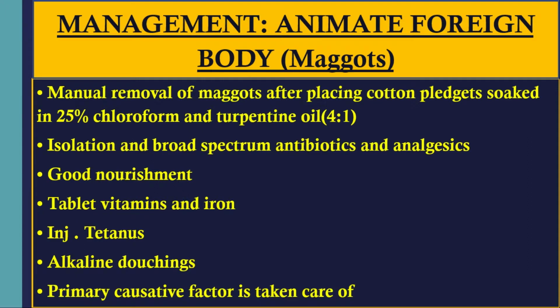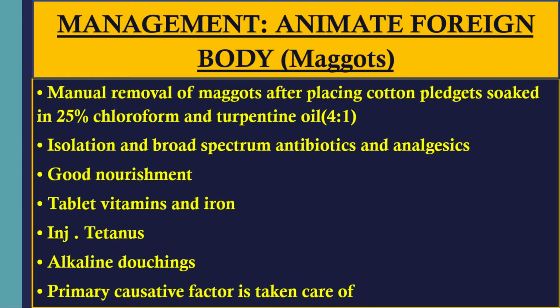And how do we immobilize the maggots? We first of all remove the maggots after placing cotton pledgets soaked in 25% chloroform water or turpentine oil, which usually either immobilizes and paralyzes the maggots or sometimes leads to their death. Now, isolation and broad spectrum antibiotics and analgesics are also needed in these cases, and good